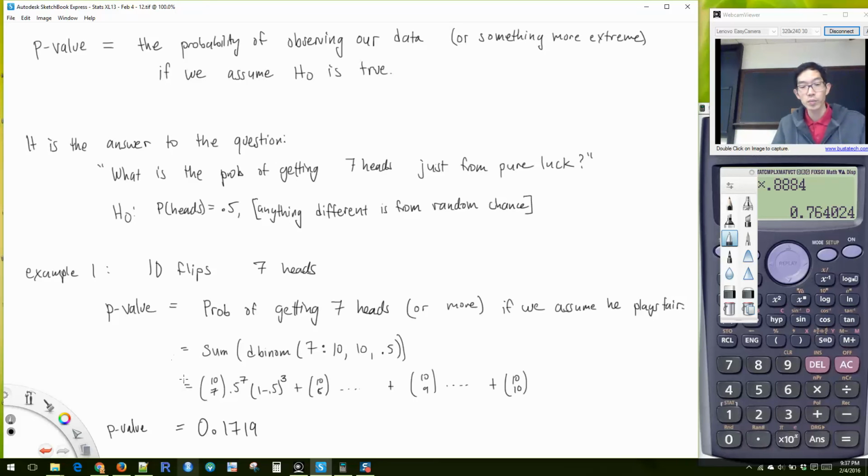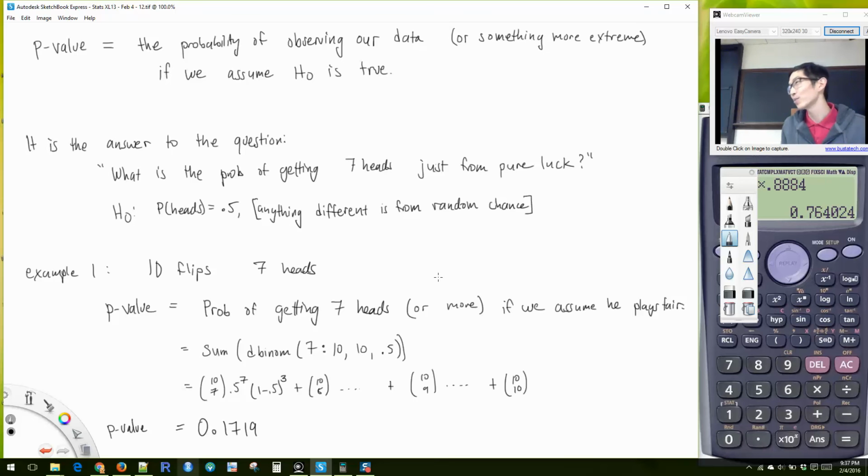Okay, so that means your friend would get 7 heads or more from pure luck about 17% of the time. Okay? So this is, I would say, a non-negligible probability. We're not ready to accuse him of cheating, because this happens more often than someone just, you know, if you